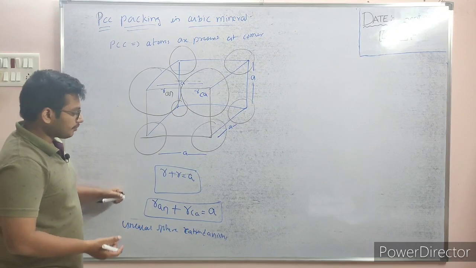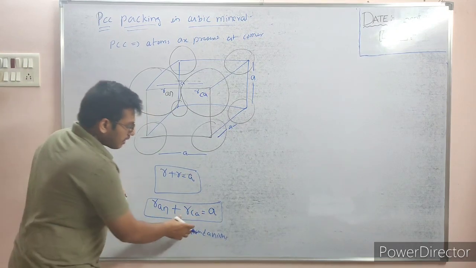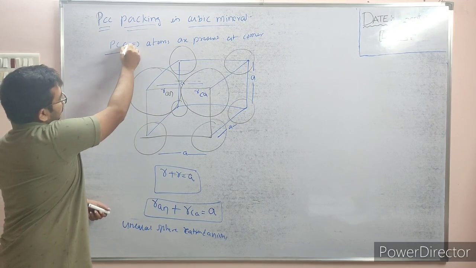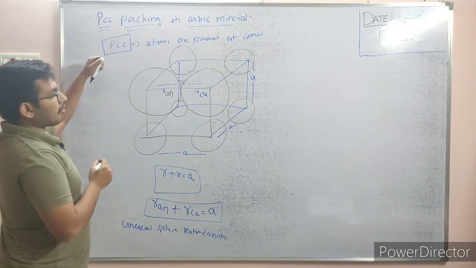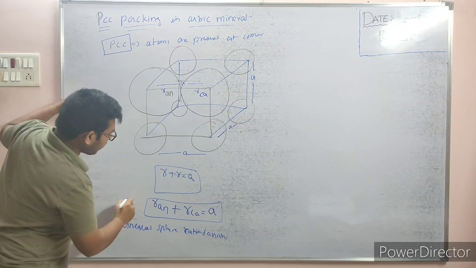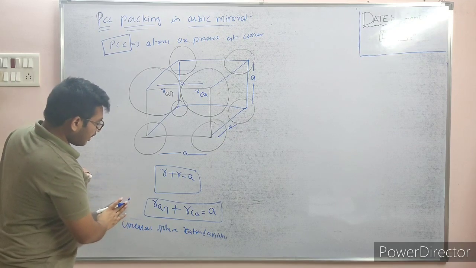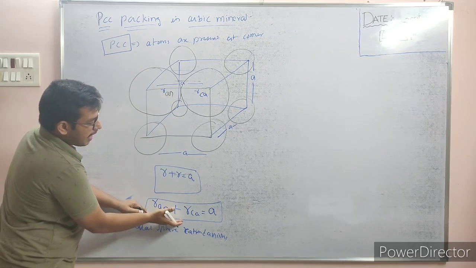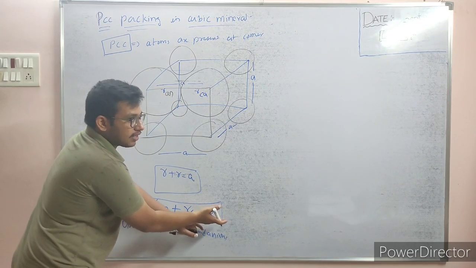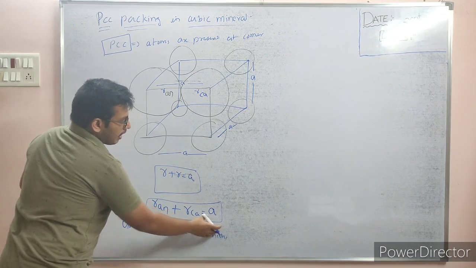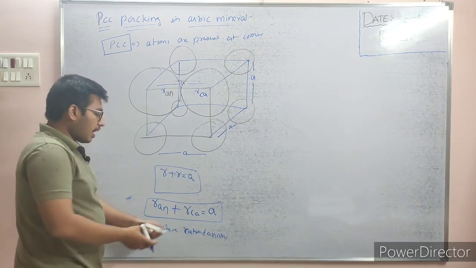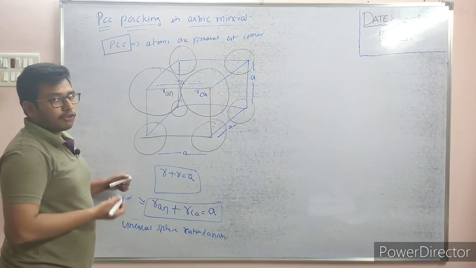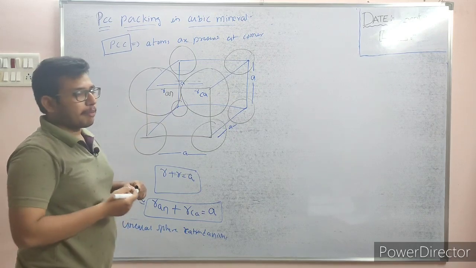In exams they will ask that they will give the edge length and they will give the radius of cation, and they will ask the radius of anion in FCC. Okay, you must remember what type of packing it is, otherwise you will definitely get wrong in the examination. Okay, so try to understand in the FCC packing only we are getting this formula of radius of anion plus radius of cation is equal to edge length. You simply put a value if they given and radius of cation value if they given, put it and you will get the radius of anion, right? So this is the way how we do in the FCC packing.